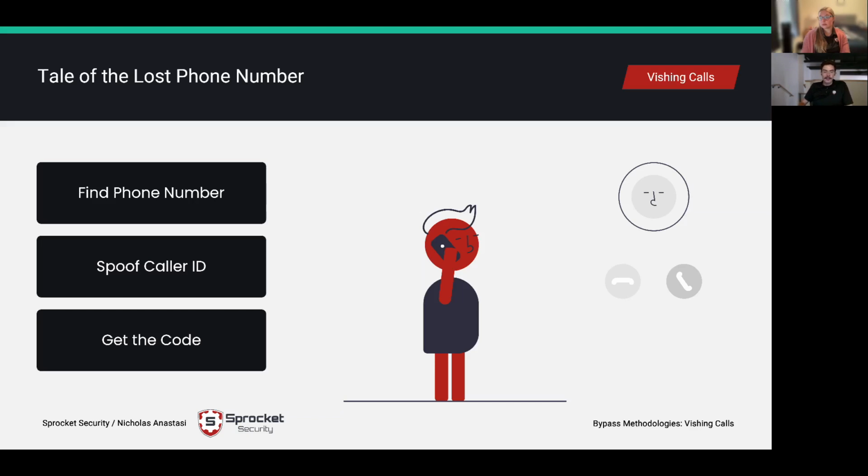And they said, Nicholas, Sprocket team, what do you guys do when you run into number matching? I'm sure there's some great bypasses out there. And our joke was, yeah, we just call them and ask for it. And everybody here would be, it's a lot more common and a lot more successful than you would probably imagine,